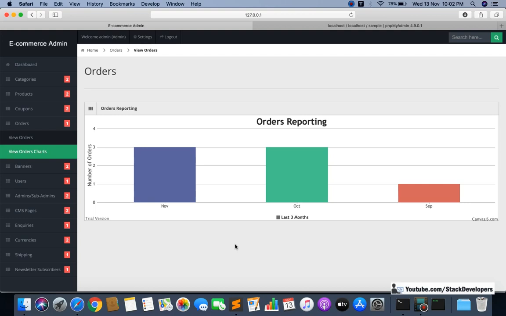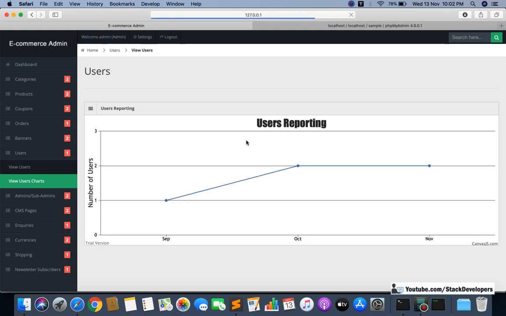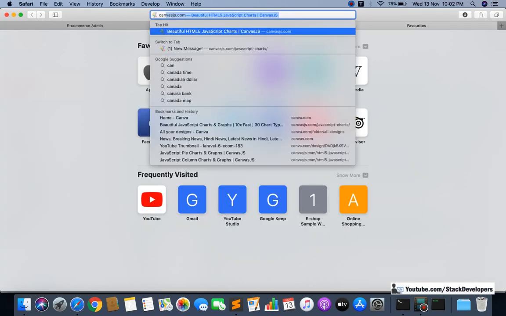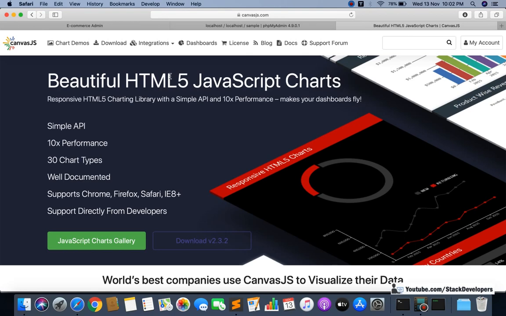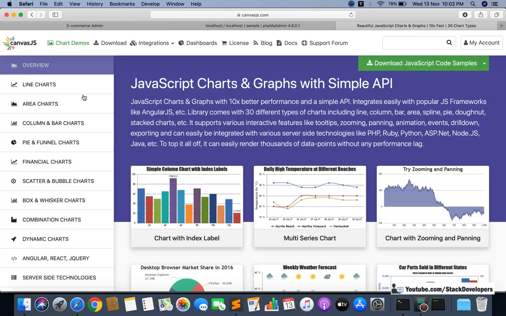And once again, we will continue working on the chart graphs for reporting in the admin panel. And this time we are going to do the pie chart graph. Okay. So we have done the bar chart so far. We have done the line chart as well in users. You have seen in the last few videos we have worked on these charts, and now we are going to do the pie chart. Okay, so once again we will take help from canvasjs.com, and we'll open the chart demos, and